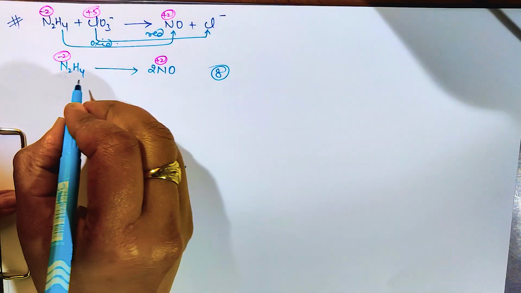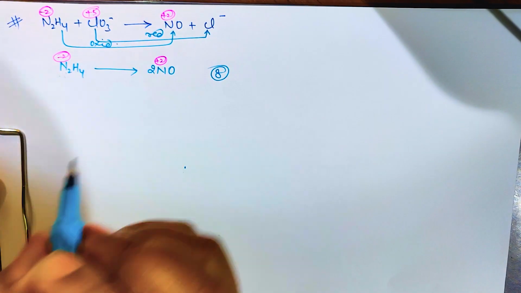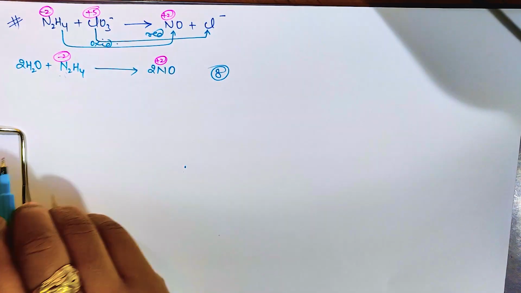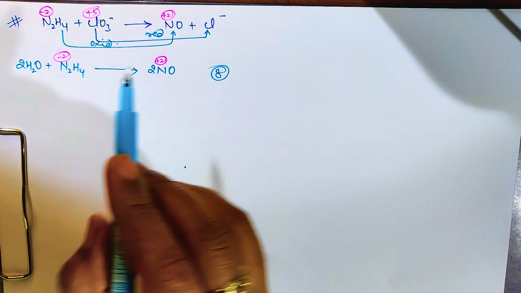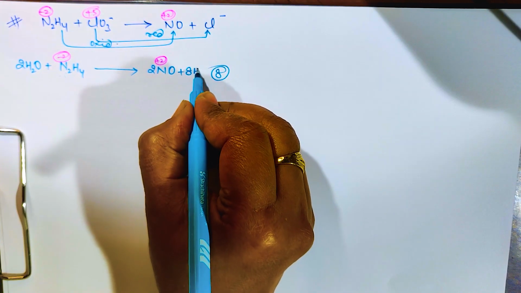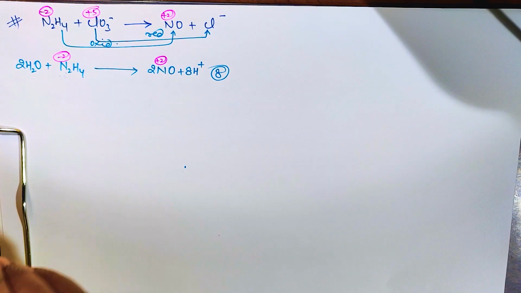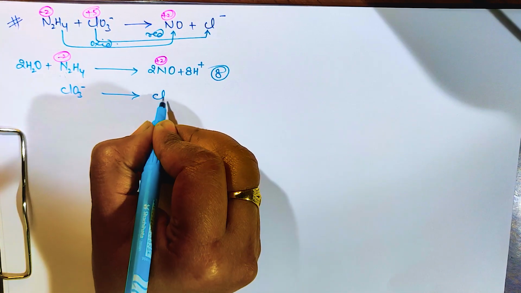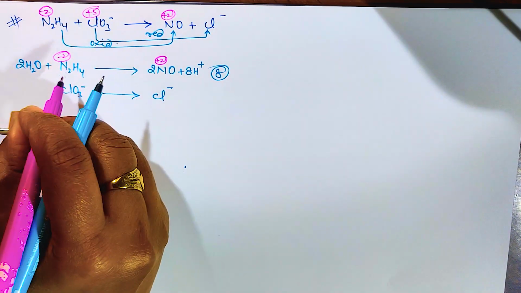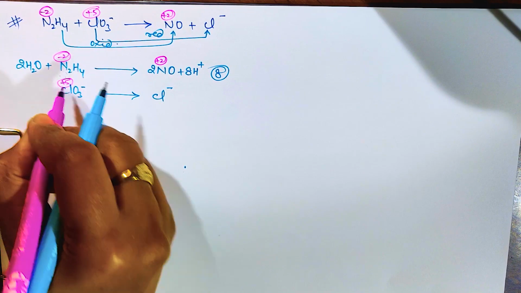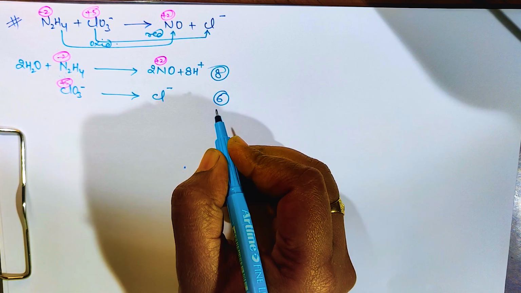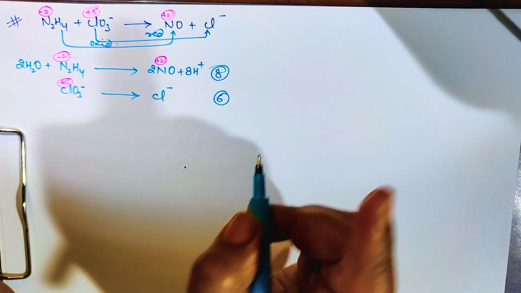Yes. Now next is balance the oxygen. So 2 oxygen over here, so that's why 2H2O will be added over here. And in this case hydrogen will be 4 and 4, 8. So 8H plus will be added on this side. Clear? Now the next step, ClO3 minus is going to change into Cl minus. So here it is +5 and here it is -1. So what is the difference? The difference is 6. +5 to -1, that means it is 6.